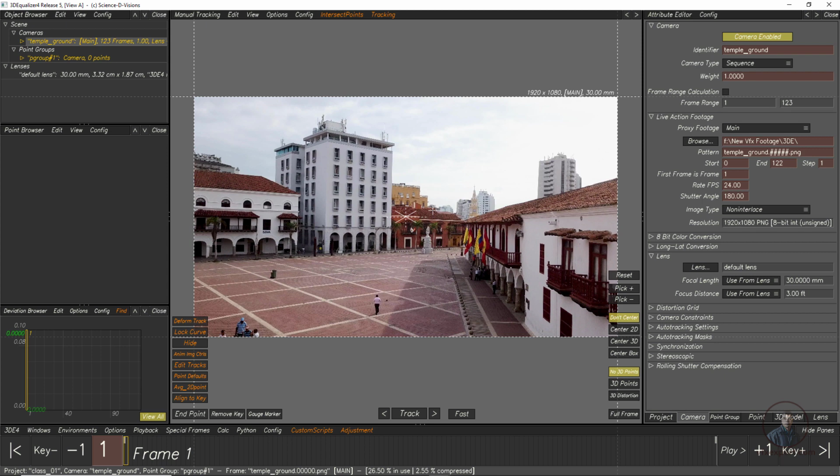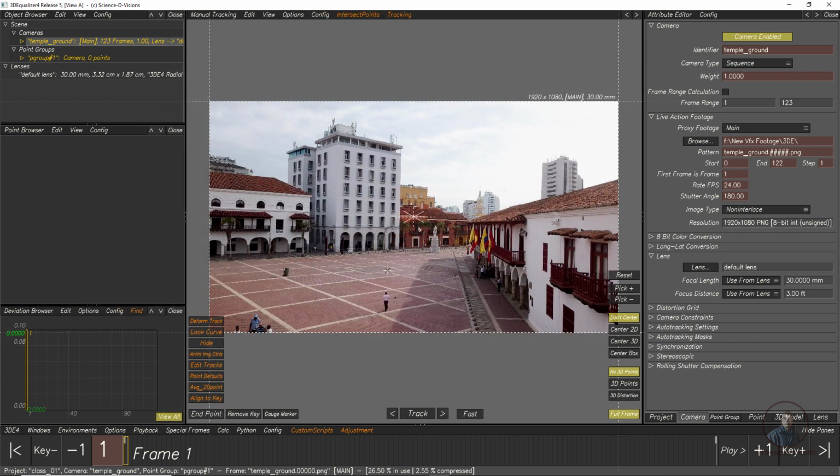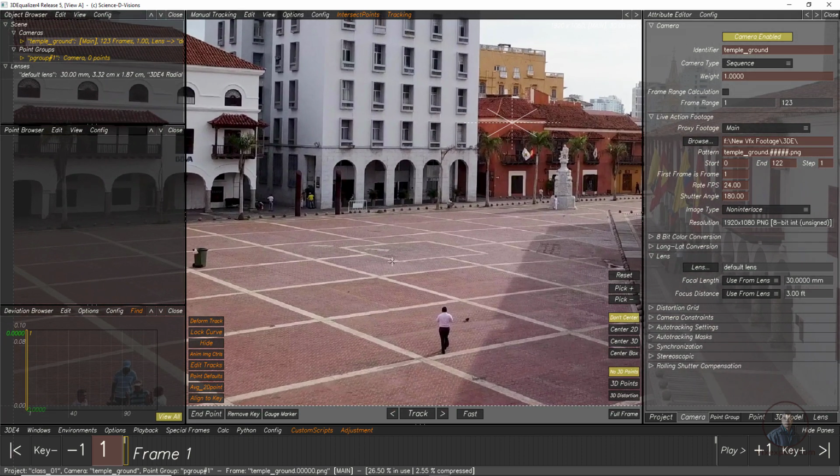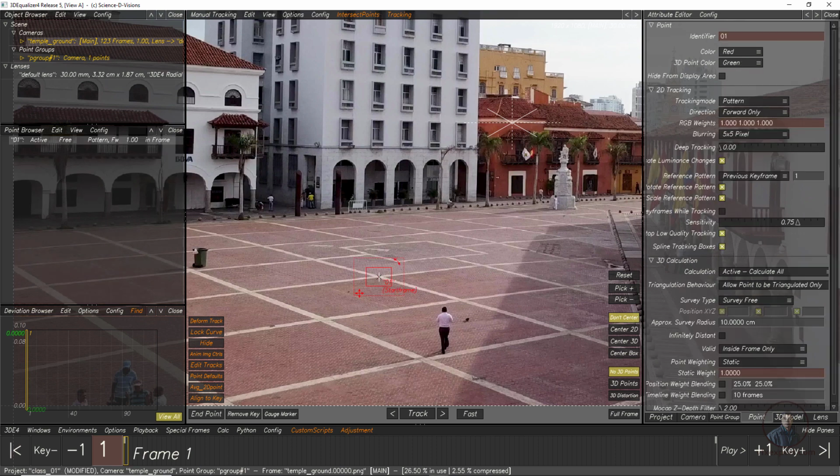This footage we will track in our upcoming classes, but here just for explanation, I am going to explain how you can track your shot inside this 3D equalizer. So now I am going to track just one point. For tracking any point, zoom in a little bit here so we can easily focus on our point. Just for testing purposes, suppose you want to track this point, simply hold control and click it here. This will automatically add a tracker point, and on the left side in the point browser you can see this is our tracker 01.